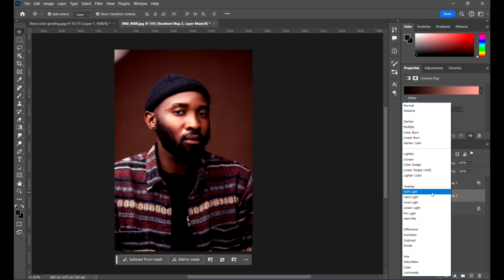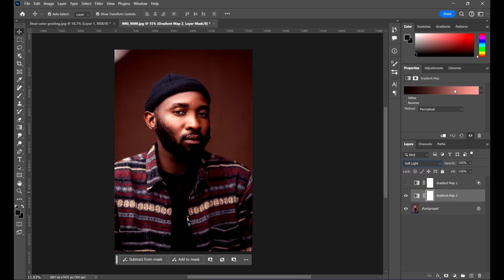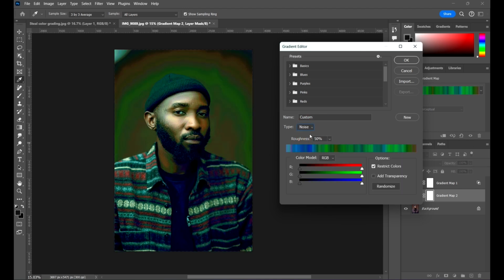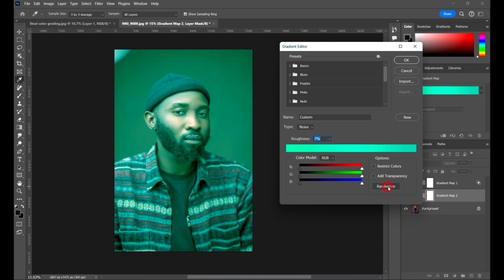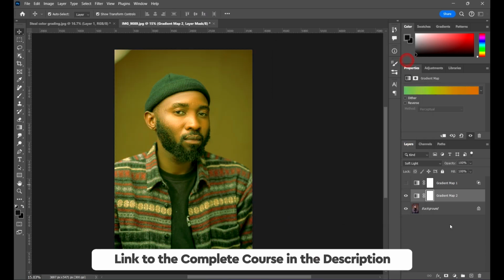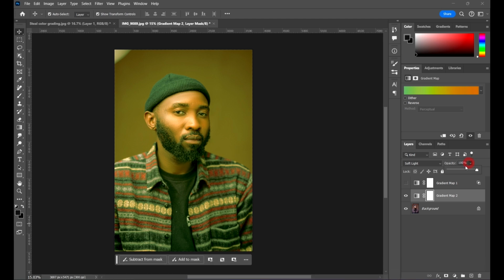So make my blending mode soft light, and then click here, noise, opacity, or rather roughness should be 7 or 8%. So 7%, and restrict colors should be off, and then just keep going. Okay, just keep going. And in fact, I think what we should do is set our opacity right